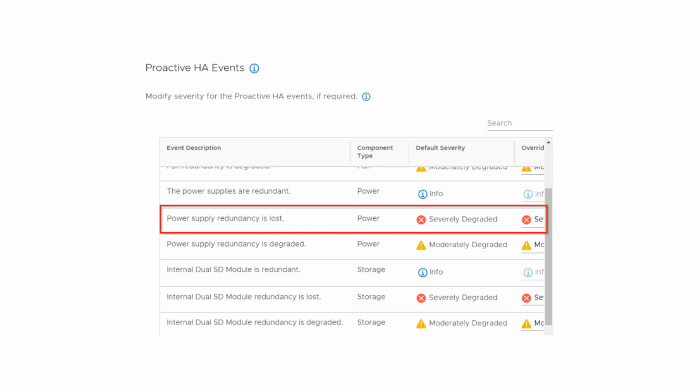You can find some proactive HA events here: for power supply, a severely degraded event got triggered, and for power supply redundancy, if only one power supply got affected, it will be moderately degraded. Based on this level, proactive HA will take a decision and move the VMs to other ESX servers.